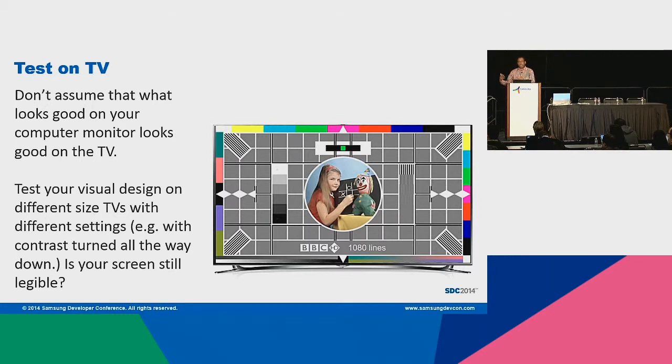Our designers typically have at least a 42-inch TV on their desk, and every so often we're putting screens on the TV just to see how it feels. We recommend that you also use varying sizes. We also recommend